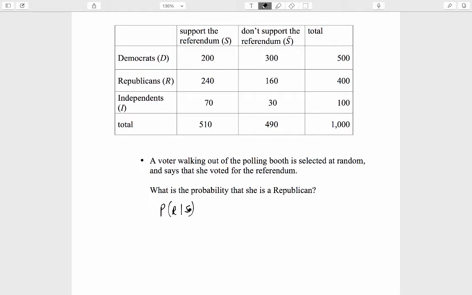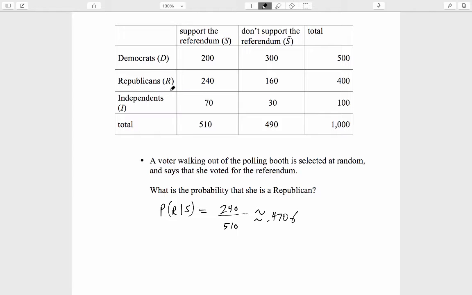Knowing that she supports the referendum, what is the probability that she is a Republican? Since we know that she is one of these 510 voters who voted yes, our probability is a fraction out of 510, and there are 240 ways that she could be a Republican. Therefore, 240 over 510 equals the probability here. This is approximately